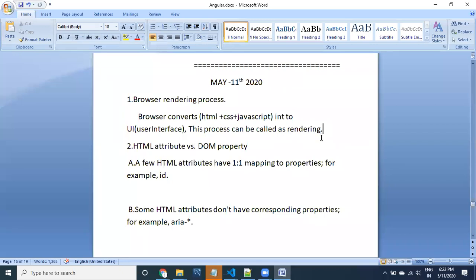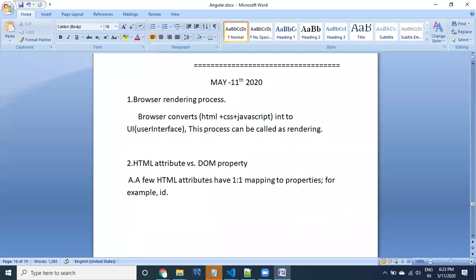While rendering, it will convert HTML to UI, the user interface. The user interface can be understood by the end user. End user means customer, I mean any person. If you are using Gmail, we are the end users.